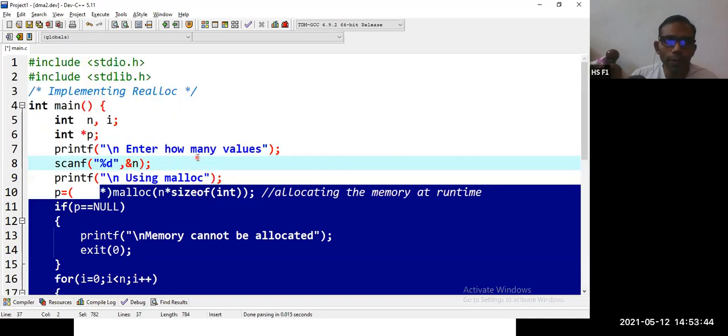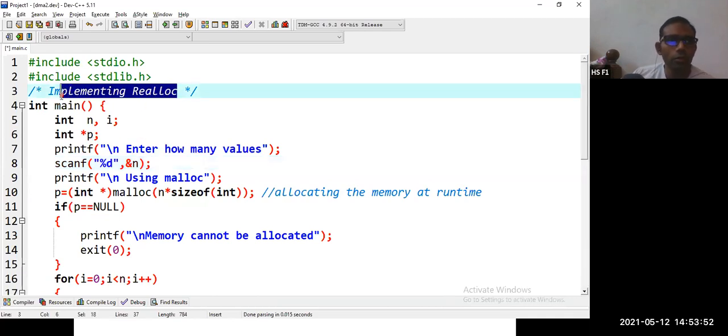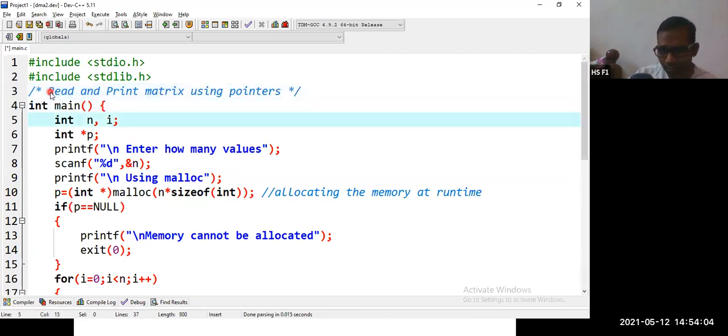So in order to print a matrix, let us write the code using pointers. Okay. So read and print matrix using pointers. I hope you recollect this concept. Using pointers, previous class. Yes, yeah, let us see that. So here what you are going to do, let us create a 2 cross 2 matrix. So we are saying n of 10 cross 10 is the maximum. You can take 3 cross 3, it's your wish.